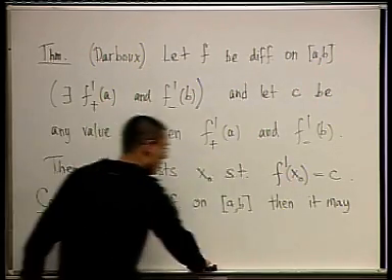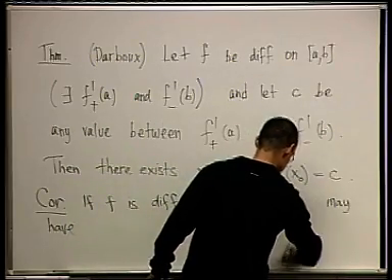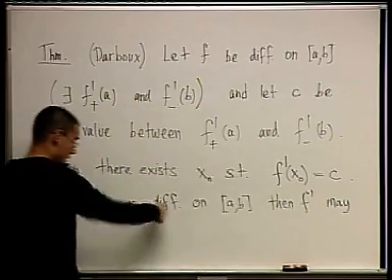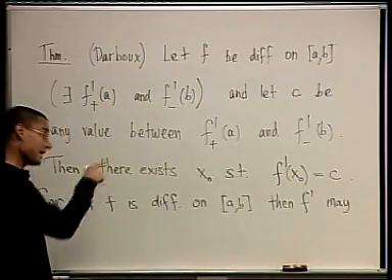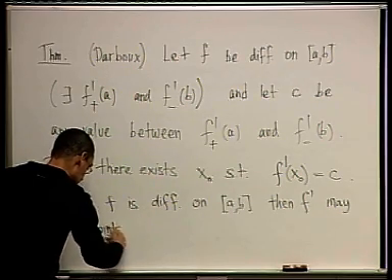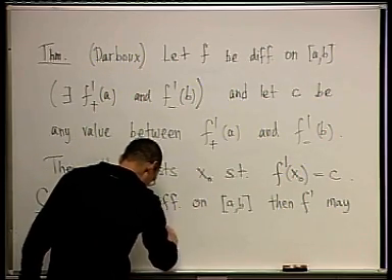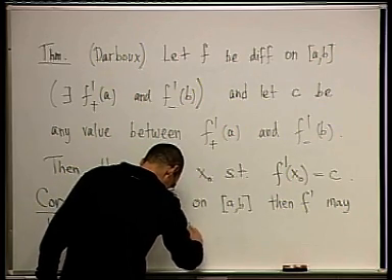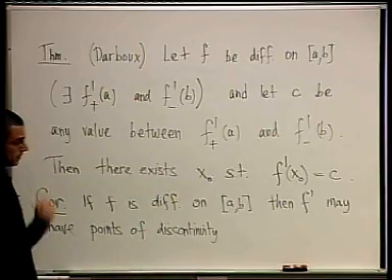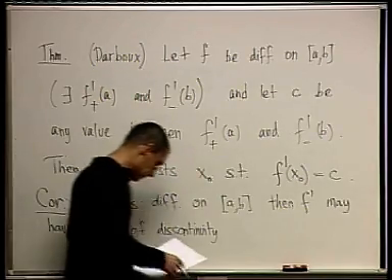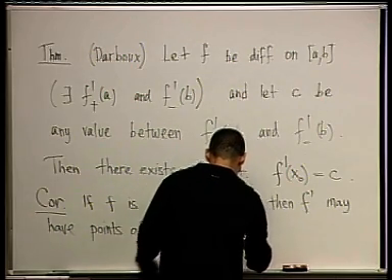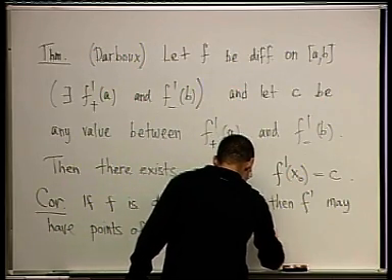No, then f prime. f itself may not have points of discontinuity, because if f is differentiable, then it's continuous. But f prime may have points of discontinuity. f prime need not be continuous, but only,